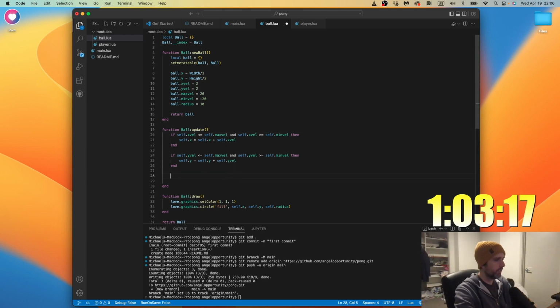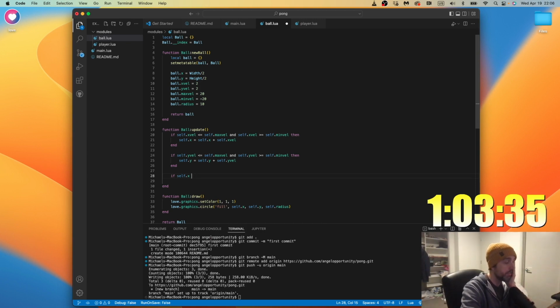Let's see what the function would look like. If self.x, the width, okay, self.x equals ball.